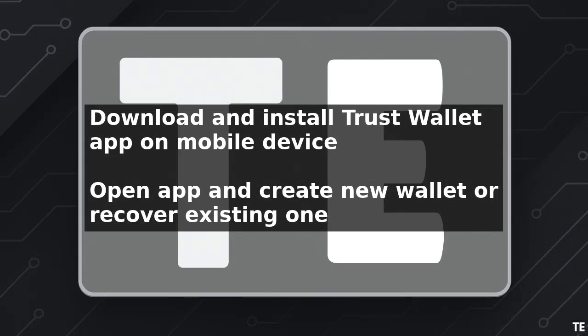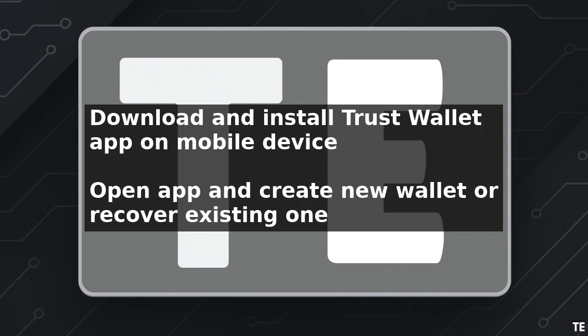To buy Pepe coin on Trust Wallet, start by downloading and installing the Trust Wallet app on your mobile device. Once installed, open the app and create a new wallet or recover an existing one. After setting up your wallet, navigate to the dashboard and click on the browser icon, which will direct you to